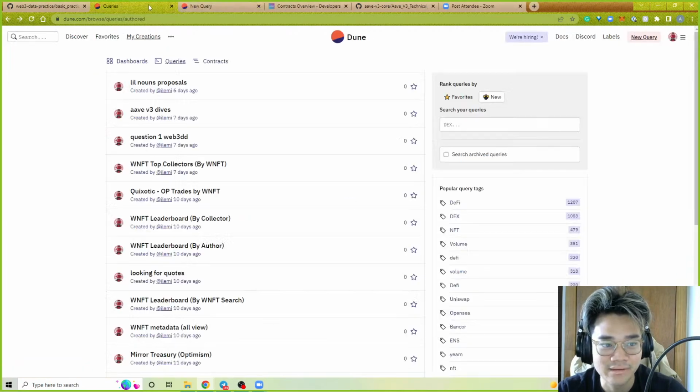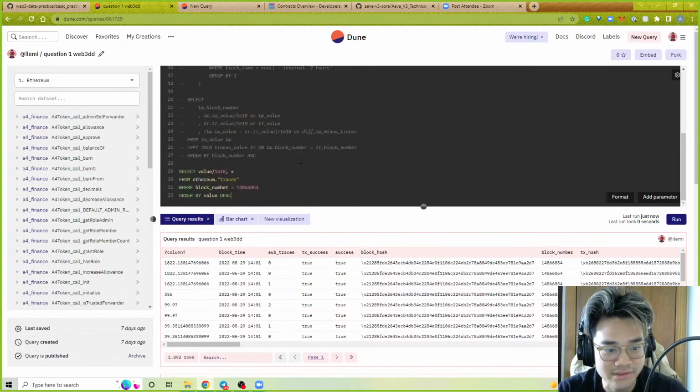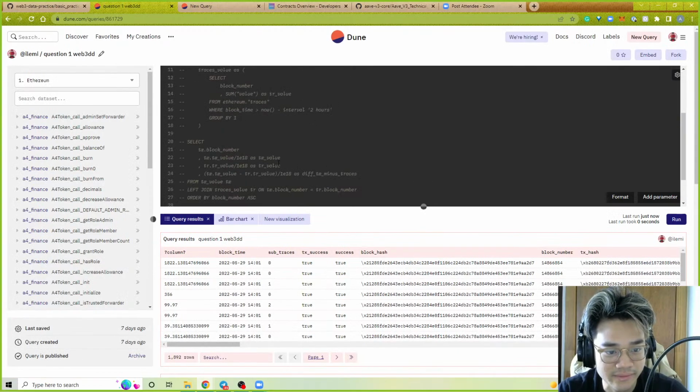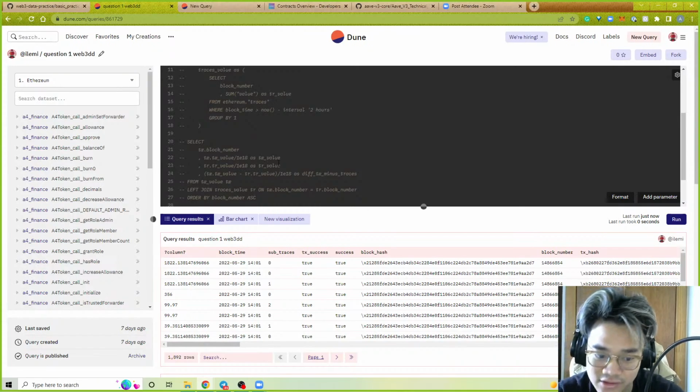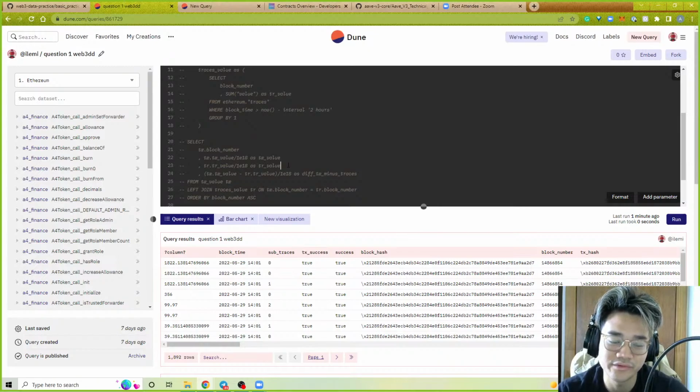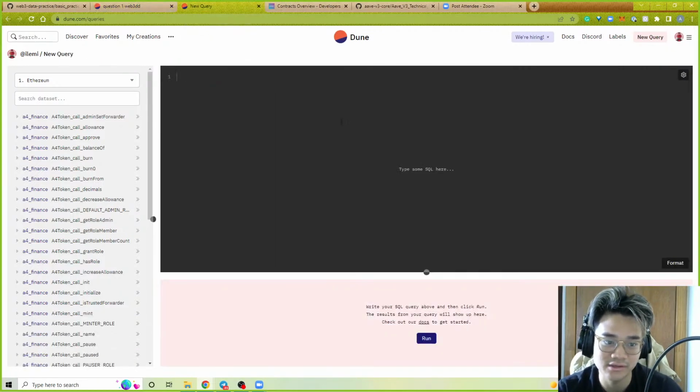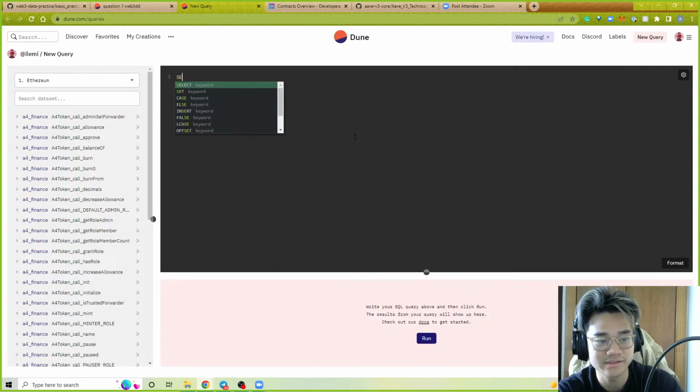But we showed, within traces, that when a function is called you have 3 call types: static call, just normal call, and delegate call. But there's actually more than just function calls in traces as well. One of the big important ones is something called a create call or opcode, right? So if I do